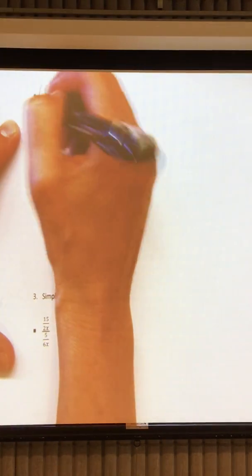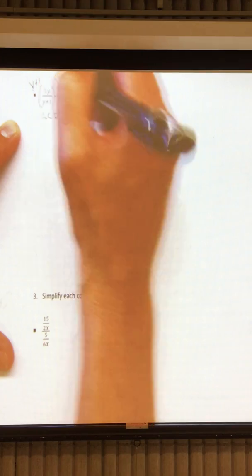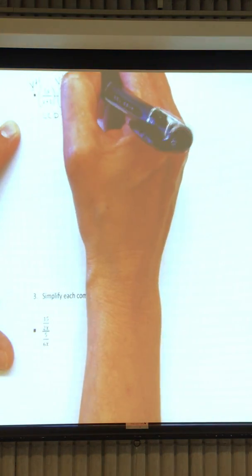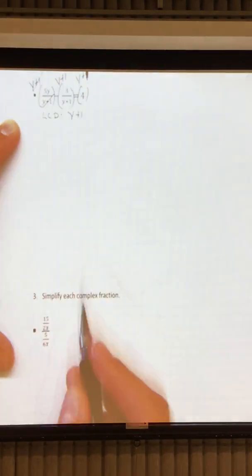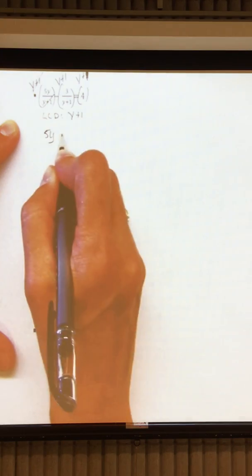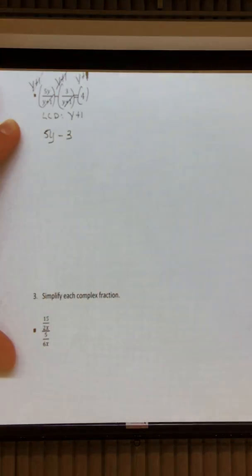So multiply the first fraction by y plus 1, the second one by y plus 1, and the 4 by y plus 1. So we have y plus 1 cancels. We're left with 5y minus 3y, just 3, because the y plus 1 cancels,